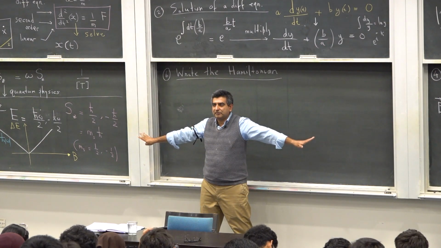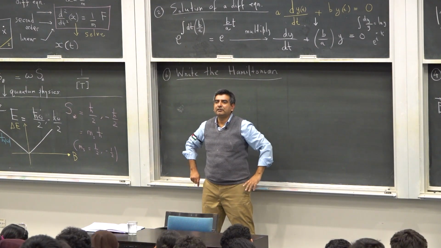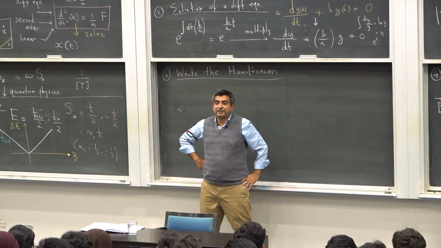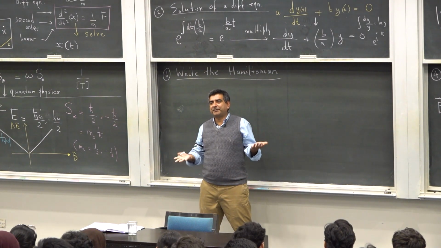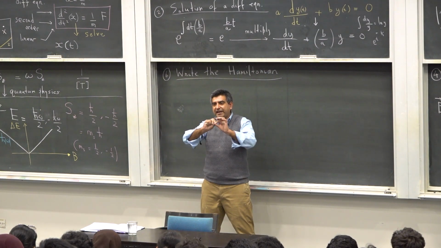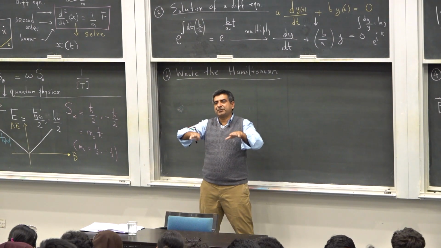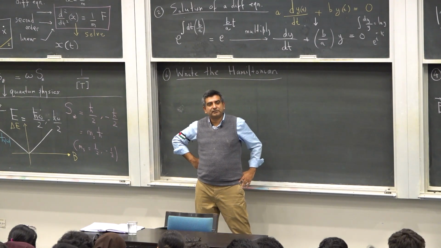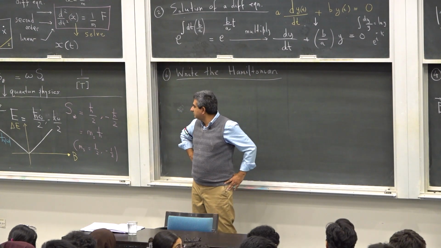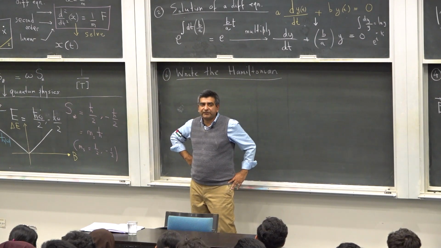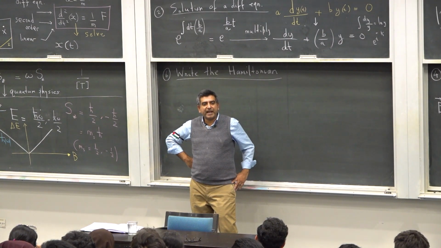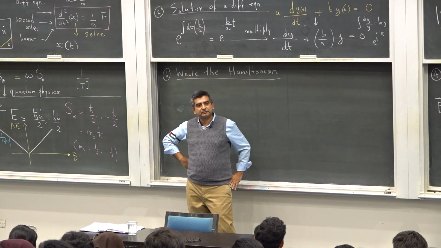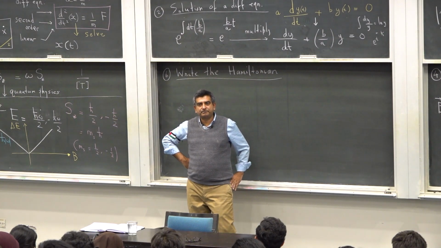Quick question? Yes, please? Why are they called degenerate? That's just a name for them. Any two energy levels that have the same energy, in physics, they're called degenerate. Yes, please? What is MS h bar? MS h bar is SZ. And MS can take two values, plus half and minus half. So MS is a quantum number.